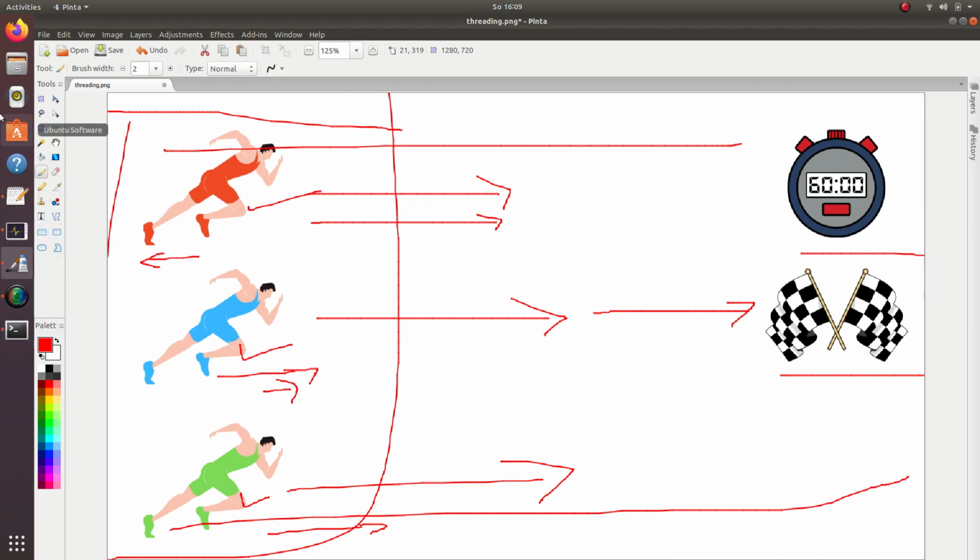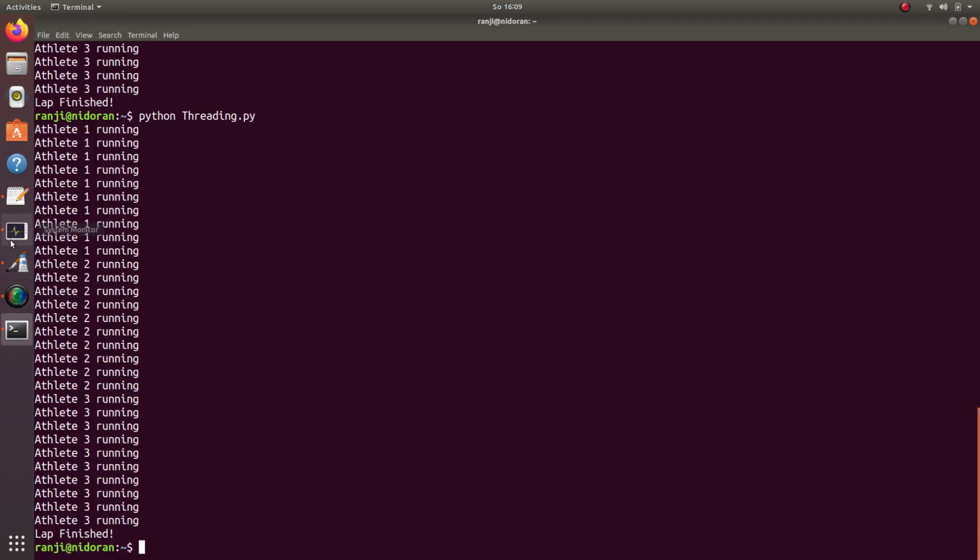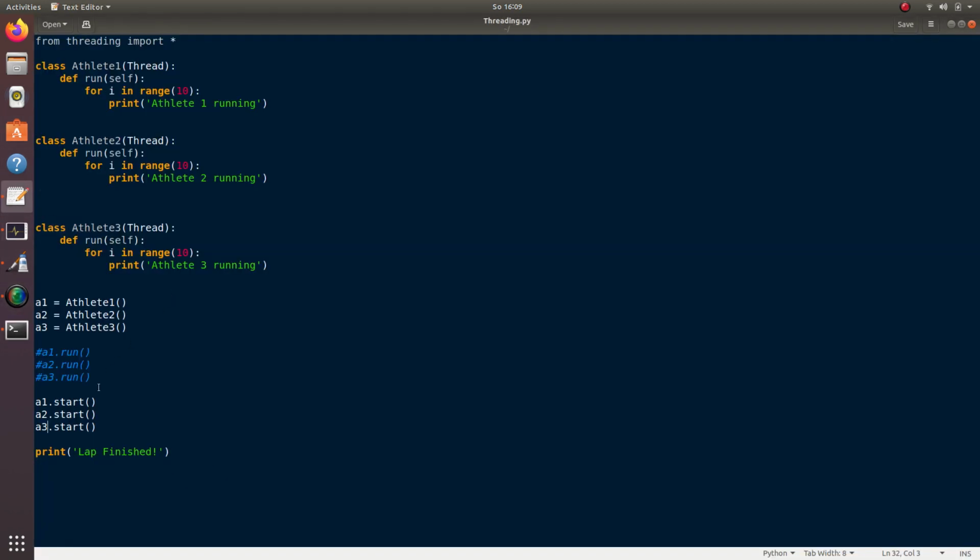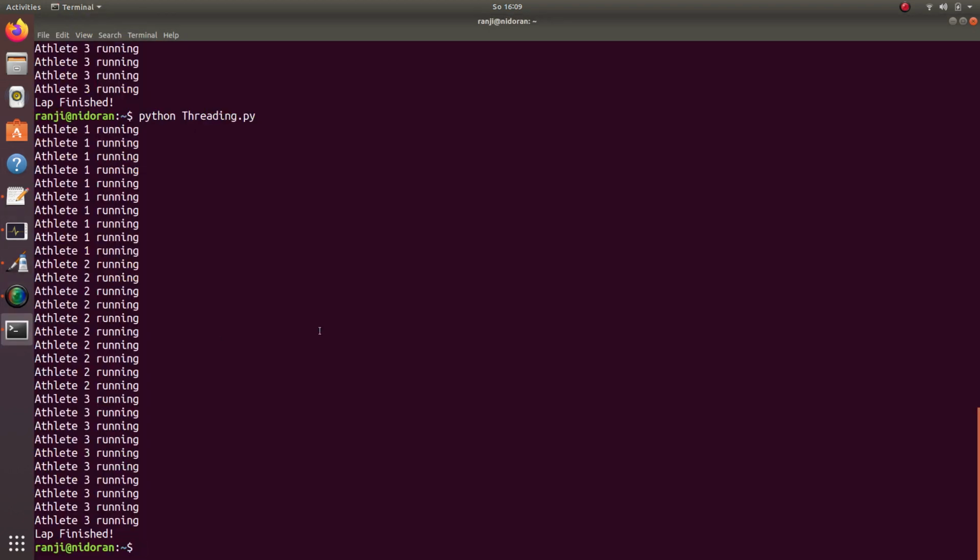Then after some point of time they will be aligned or non-aligned, that's not in our control. It depends entirely on the processes. So here we are just going to initialize. Start is just a signal for initialization. First the thread will start, then internally this Thread class has the run method inside it. That is a pre-built method that will call this run method and do the execution. So if this much is clear, we just go ahead and run this.